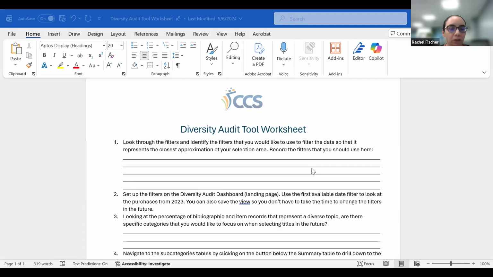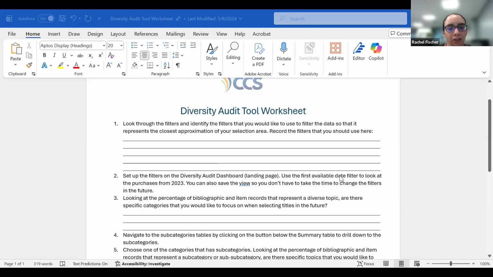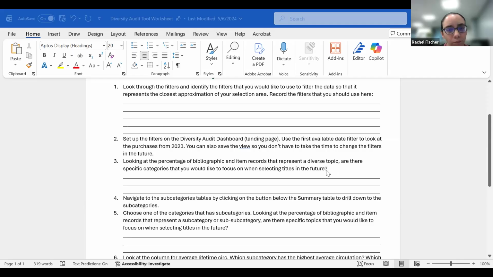You can select picture book, holiday, biography, early readers, board book, and so forth, and you'll find many different statistical codes could be used. So this will instruct you to basically set up the filters for the Diversity Audit Dashboard first,